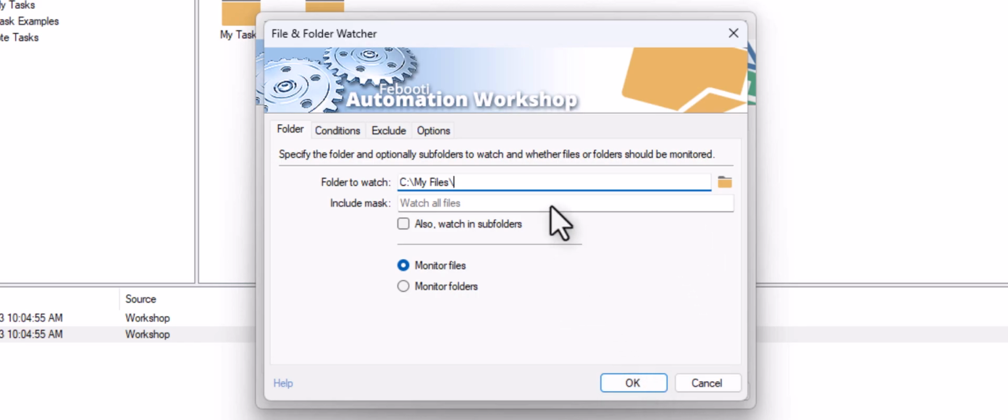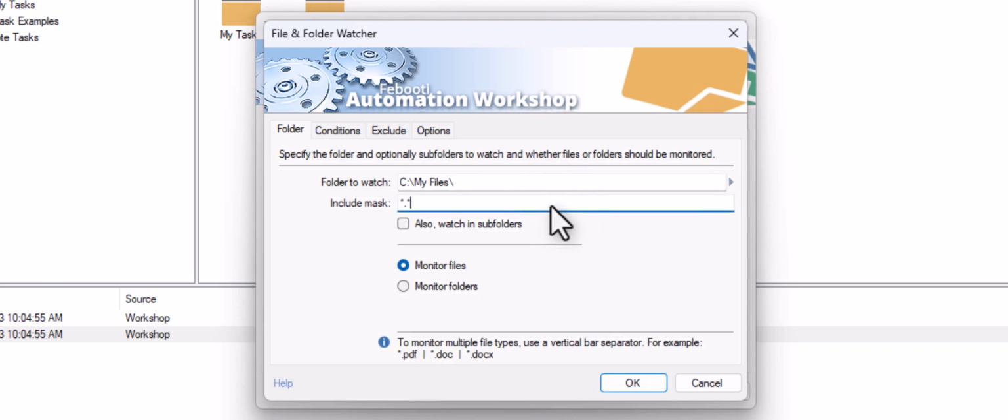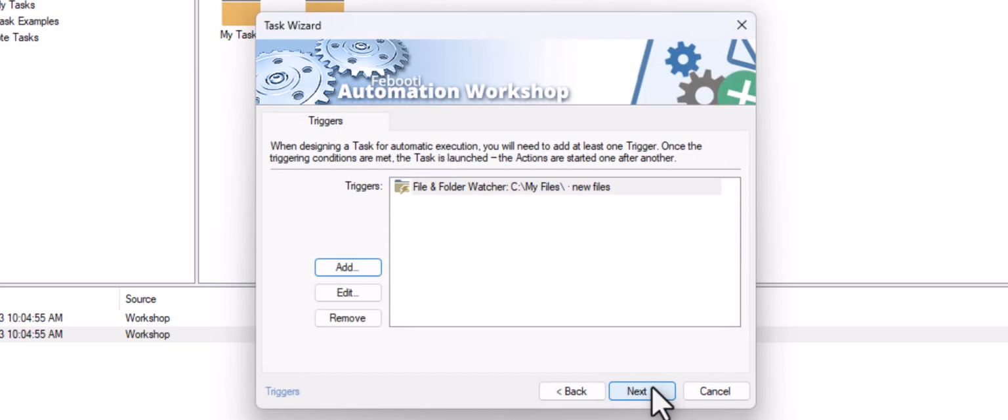Also, I need to provide one of the file extensions here. I am choosing the PDF extension, but it really doesn't matter which one you choose here, as you will see later. Our trigger is ready. It will launch our workflow as soon as a new file appears in the monitored location.